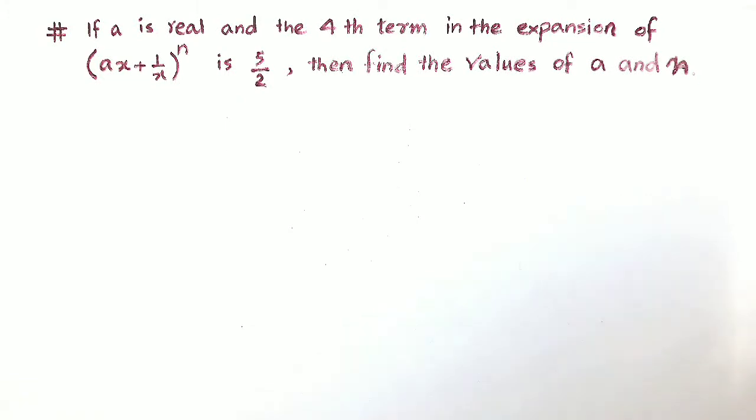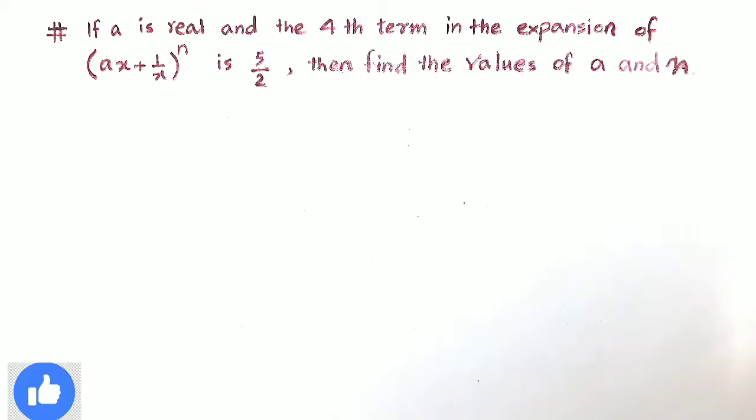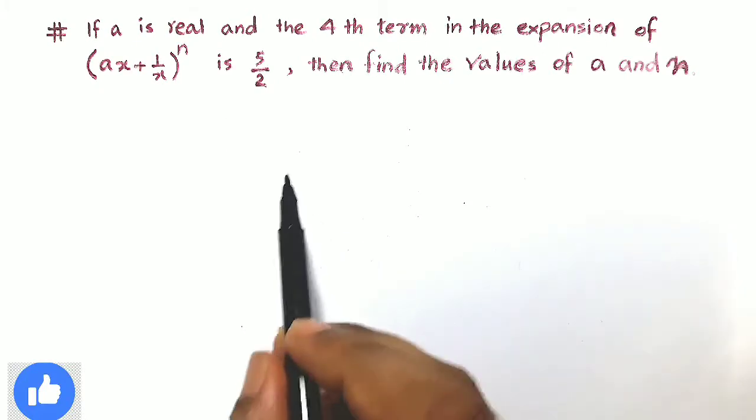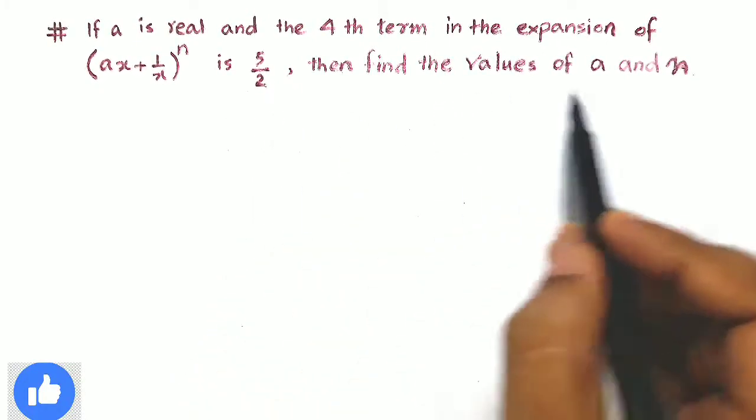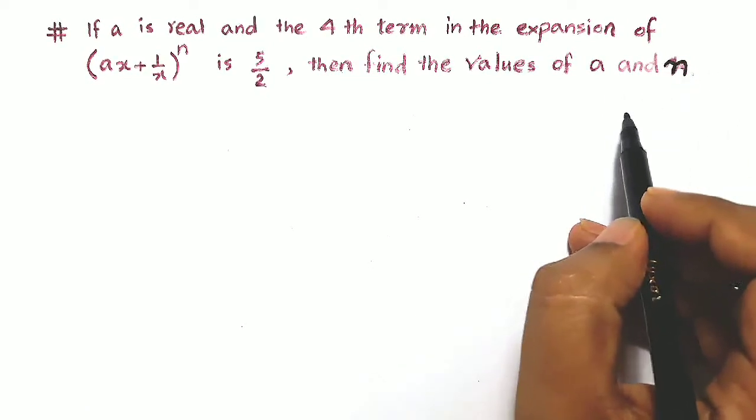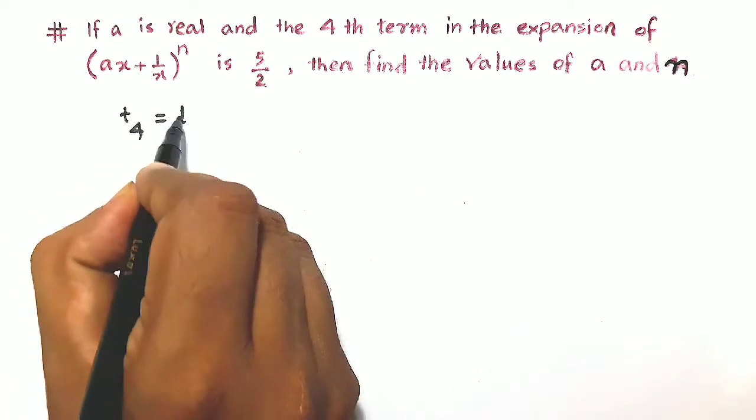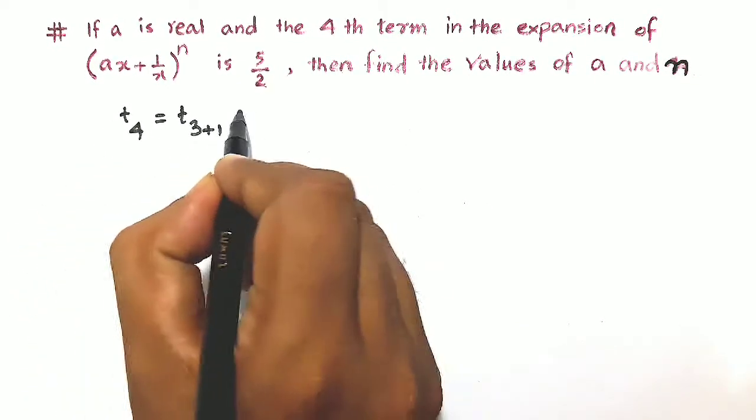Friends, our first problem is: if a is real and the fourth term in the expansion of (ax + 1/x)^n is 5/2, then find the value of a and n. Okay, first of all we find what is T4, that means the fourth term. T4 is equal to T(3+1), that is equal to